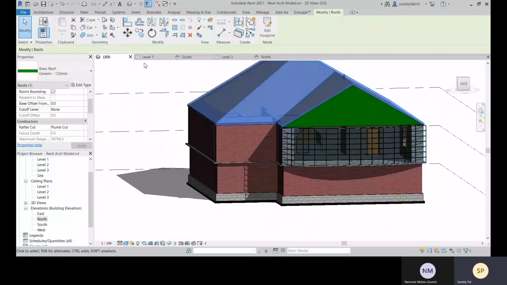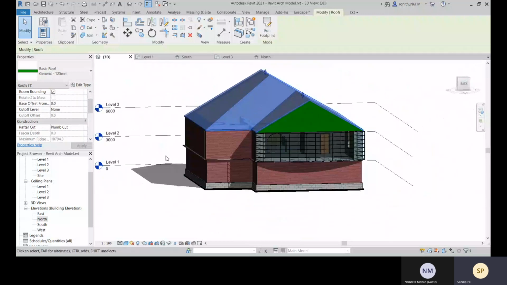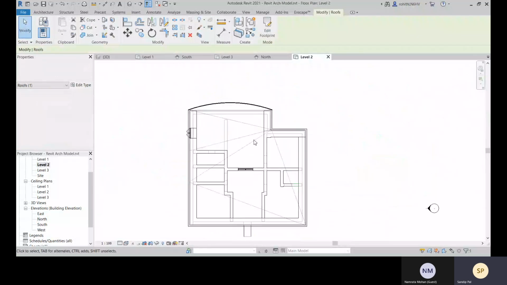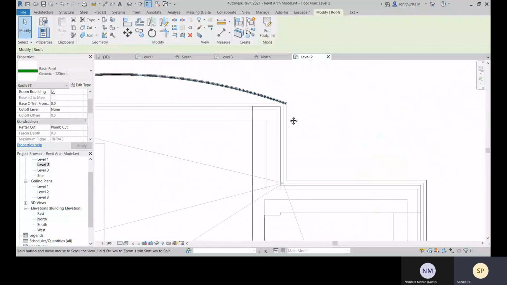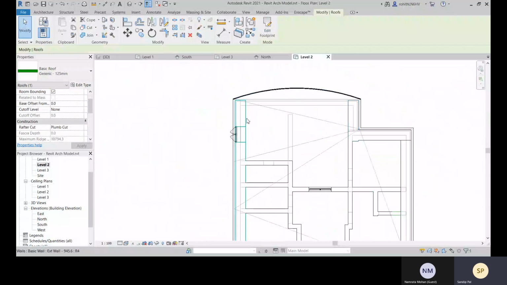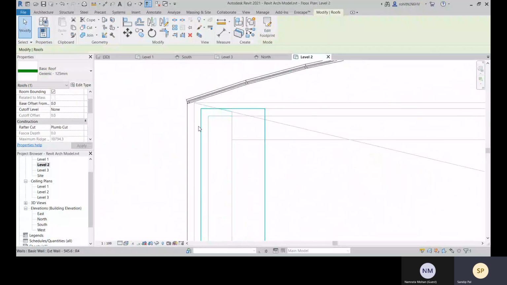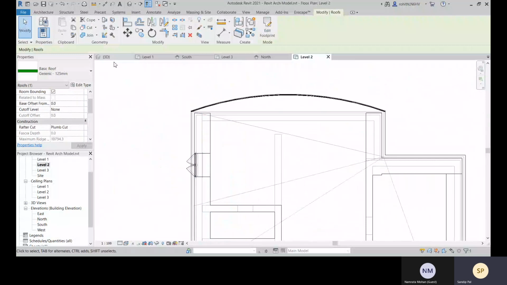Let me go with this level 1, or this one is level 2. So let me go with this level 2, and there if I create one.